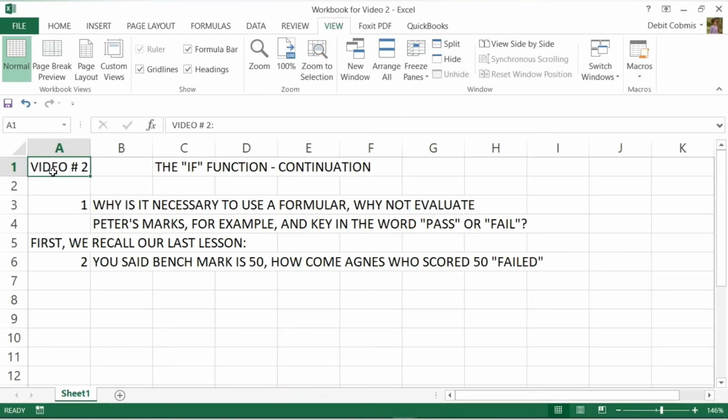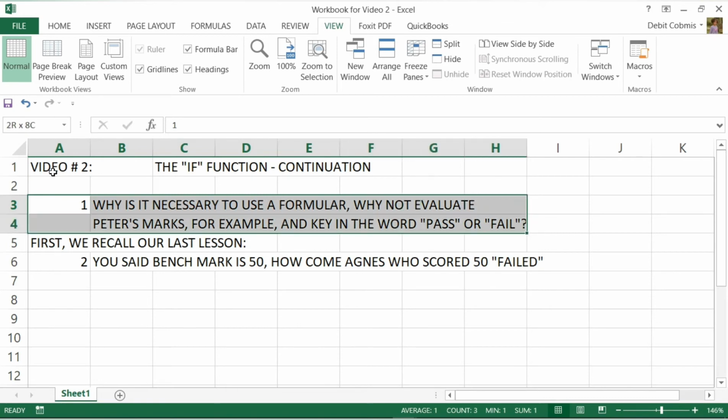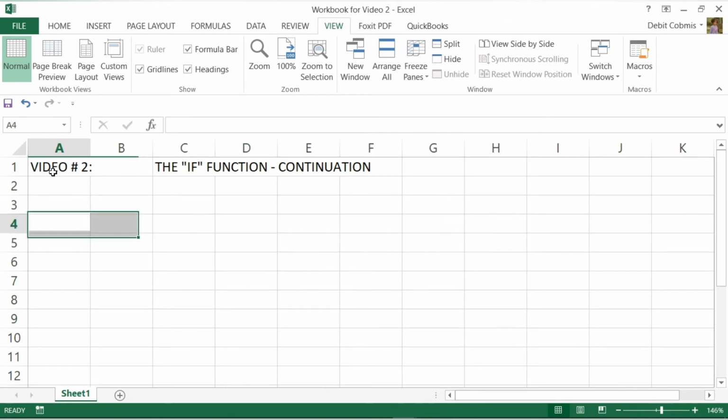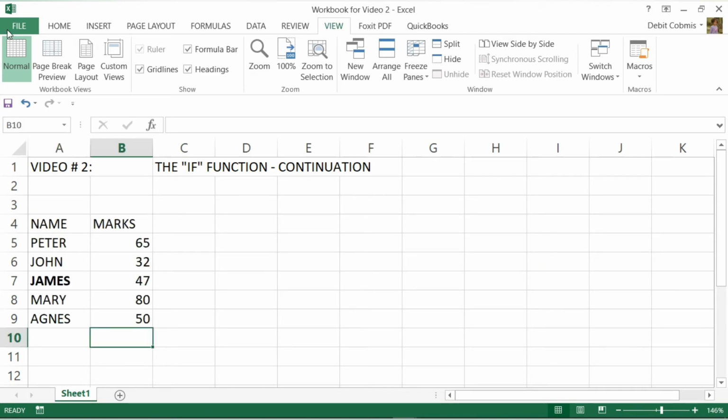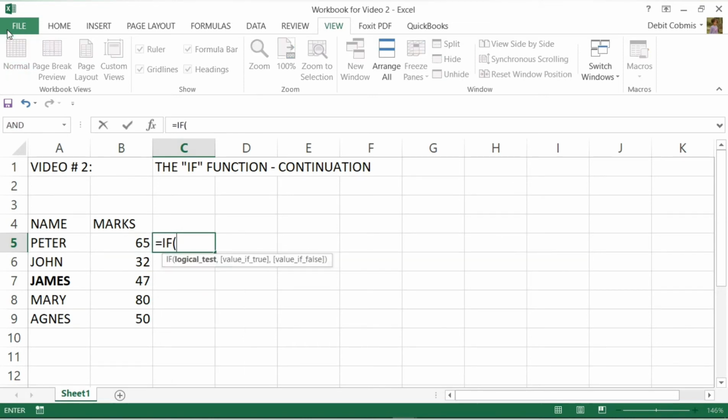You said benchmark is 50. How come Agnes, who scored 50, failed? We're going to look at that question now. Let's recall our marks. That's what we had. And the formula, it was if B5 is greater than 50, then it's a pass,